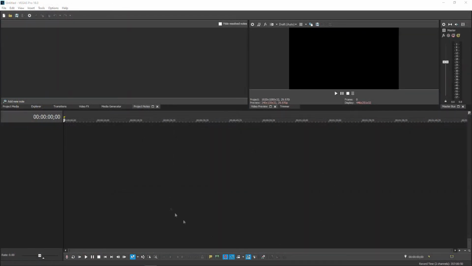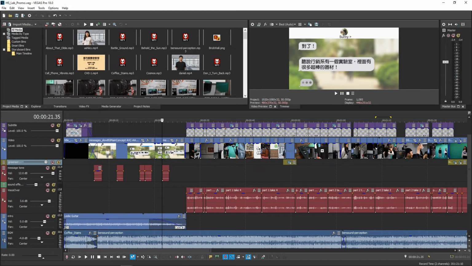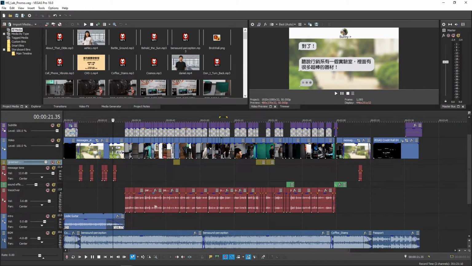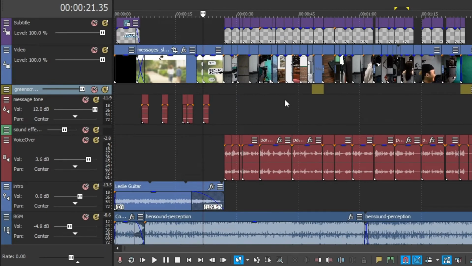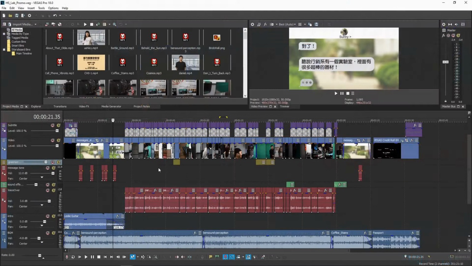And now this bottom section here is the timeline window. The timeline window is where most of your editing will take place, since it shows you the whole project, displaying all of the video and audio tracks so you can easily see where everything is. The timeline window is flexible in the sense that you can add as many video or audio tracks as you want for when you want to layer them on top of one another. More details about tracks and how they work will come in later lessons as well.